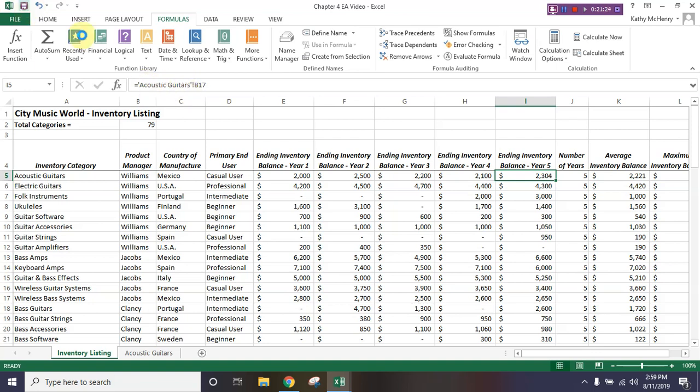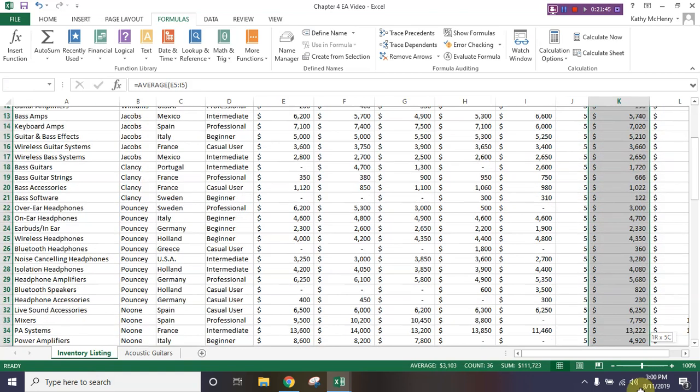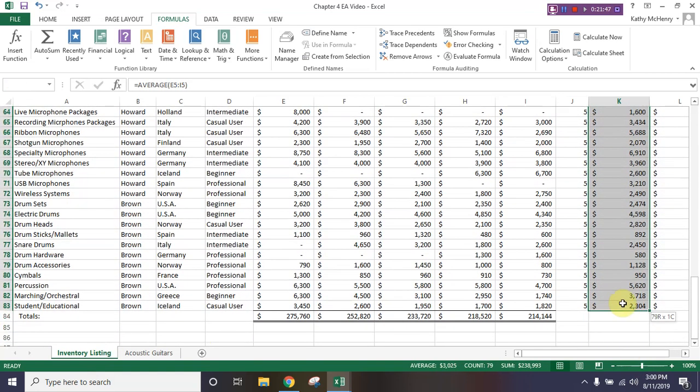Okay, go ahead and save this. The next thing we're going to look at is some conditional formatting. Okay, so on page 104, we have some develop your skills. Again, we're still working in the exact same file. We're going to stay in this file for this whole chapter. We're on the inventory listings tab and we're going to go from K5 to K83. So we're going to click and drag from K5 to K83